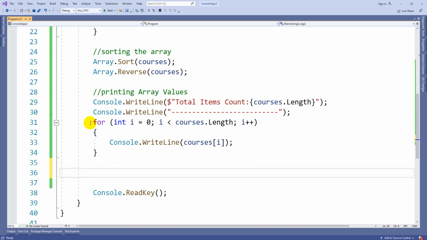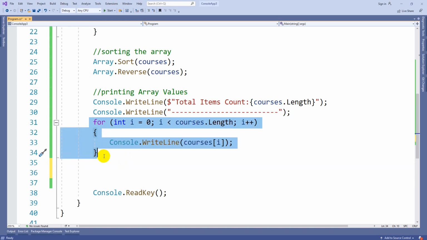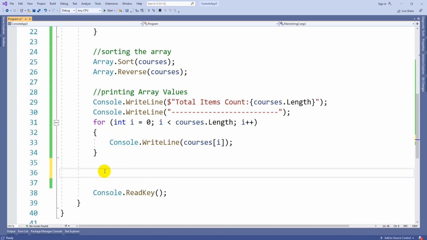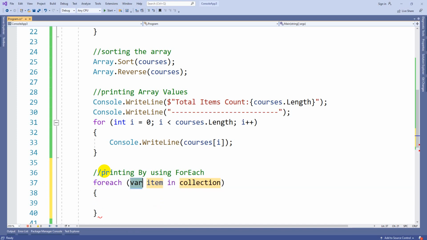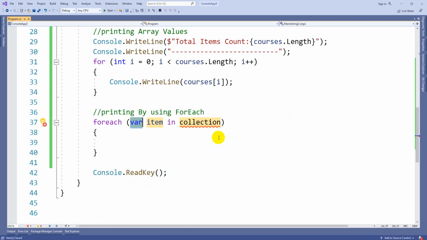So here you can do one more thing, guys. Instead of this for loop, there is a topic called foreach. By using foreach also, you can print any collection on the screen. So you can take a foreach statement like this. On the right-hand side, you need to give the collection you want to print.